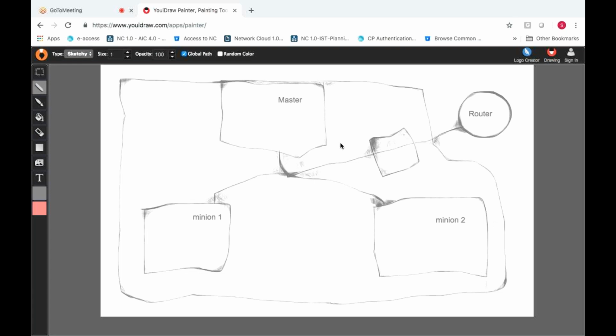Let me show you the diagram, which is called a bridge. Okay, bridge network. All the systems are connected to this bridge network interface, a virtual switch, and this virtual switch will be connected to my router.